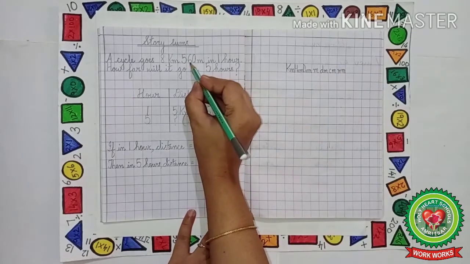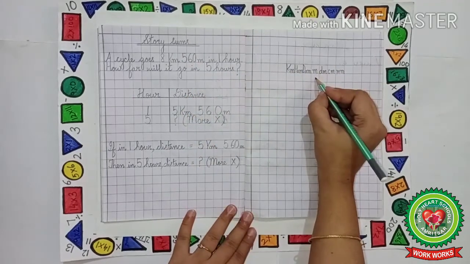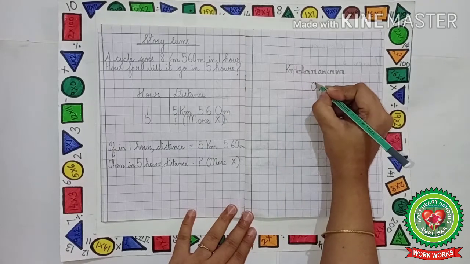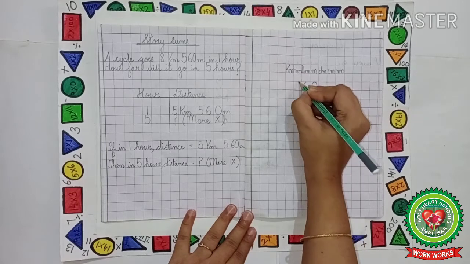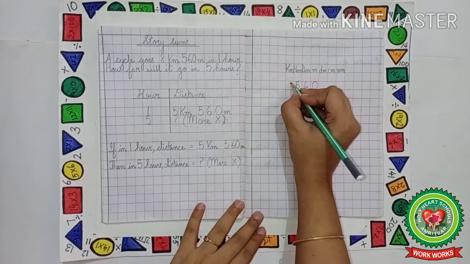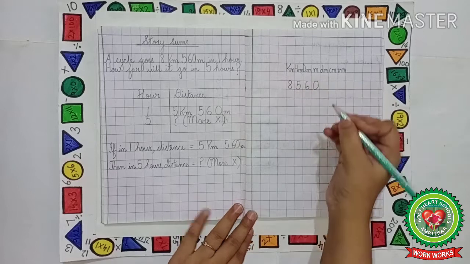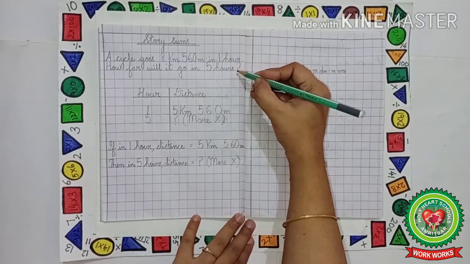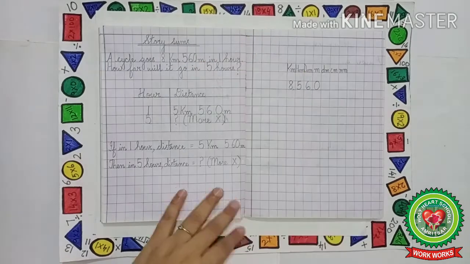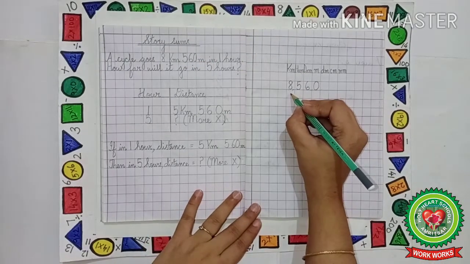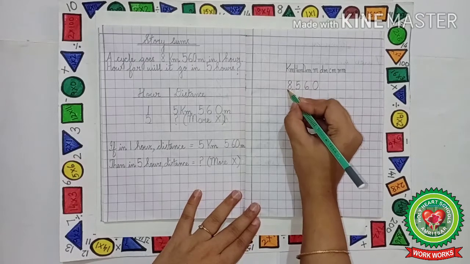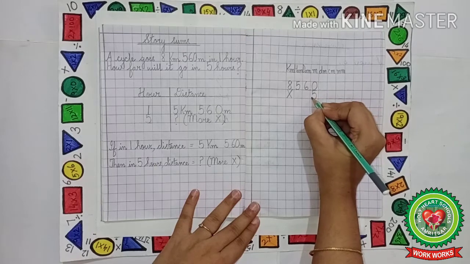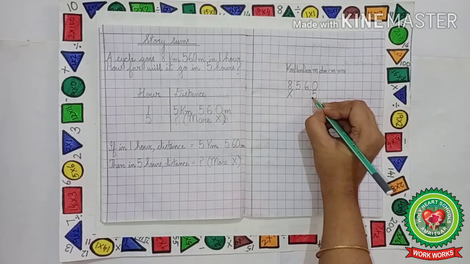Now let us arrange the number. It is written 560 meter, so we will start writing from the meters place but backwards. So it will be 0, 6, 5, 8. We have to multiply it by 5 because we have to find out the distance covered in 5 hours. So we will put the multiplication sign just below 8 in the kilometers place, and we will write 5 just below 0. Now let us multiply.